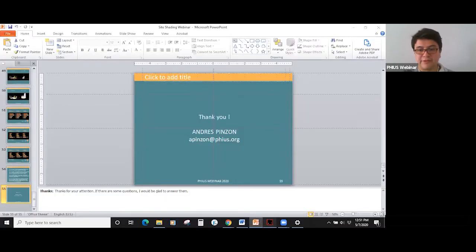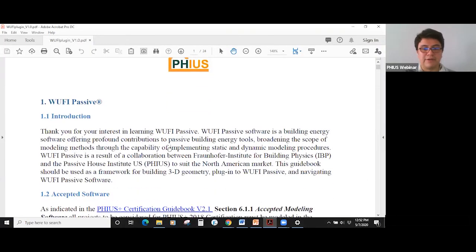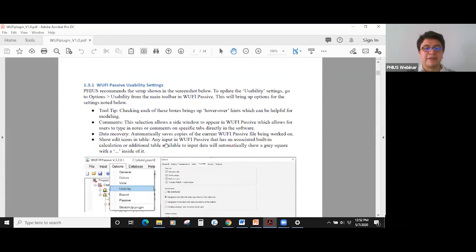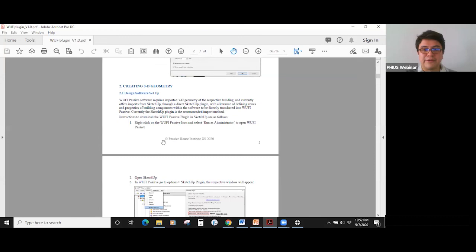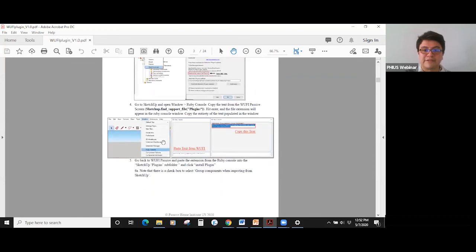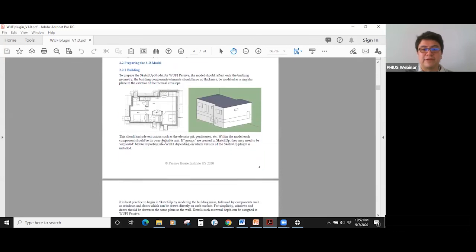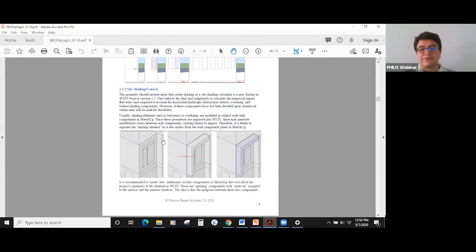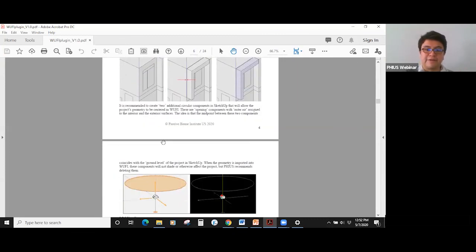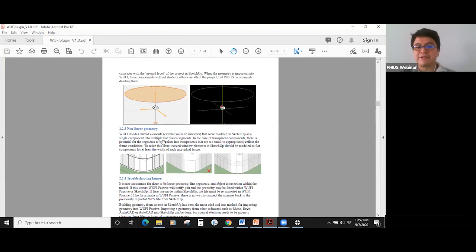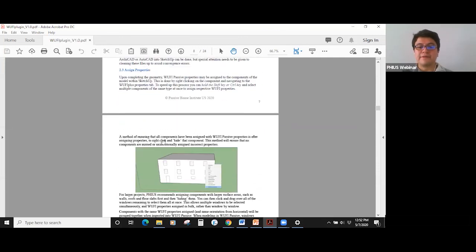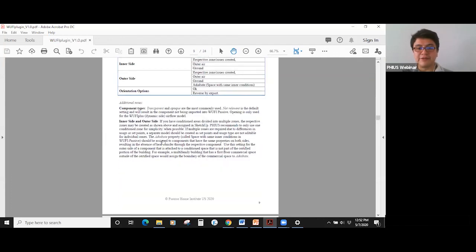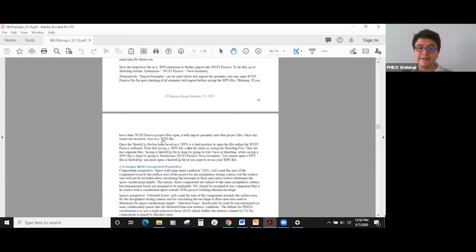So this tutorial is going to be available, and it contains part of the information that we have seen today, some specifications about the document and screenshots that can guide you on how to make the transition from SketchUp into WUFI. What do you need to model? What is the topic with windows? How to add shading elements and not have conflicts, the aspect that we saw about centering geometry, how to represent core elements, how to make a faster modeling in SketchUp in tall buildings. So this document will be available